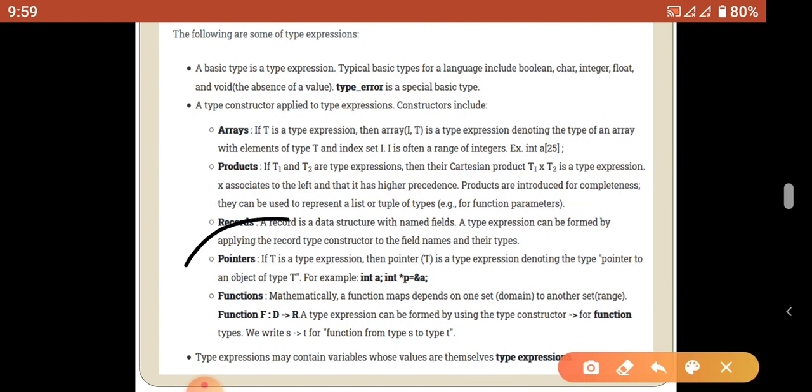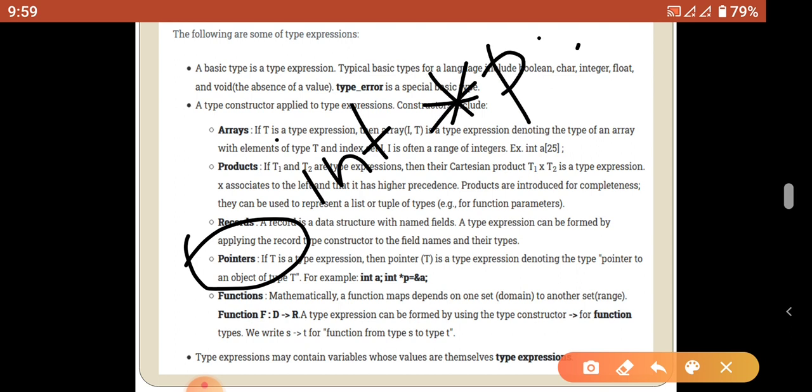Next one is a pointer. Whenever we are going to use a pointer, it should be declared first with a data type. Once the data type of the pointer is declared, we can assign the address of that particular data type. Consider int *p. So p is a pointer variable. The p can point to the address of only an integer variable.